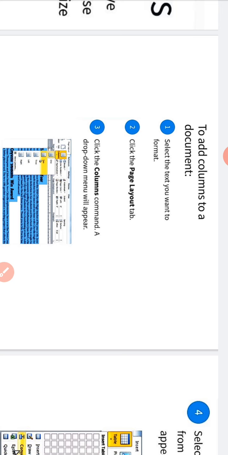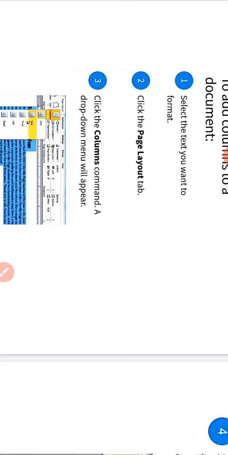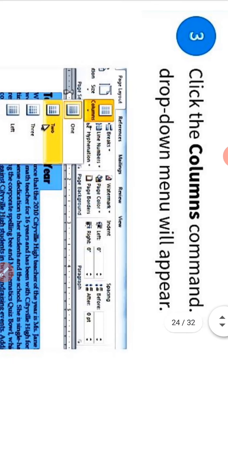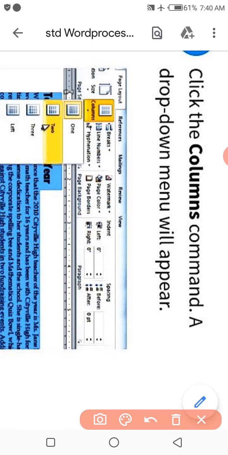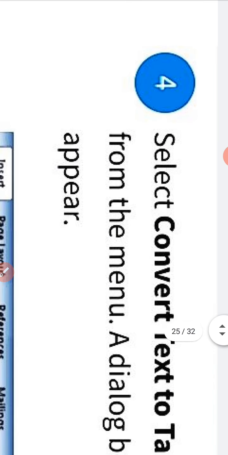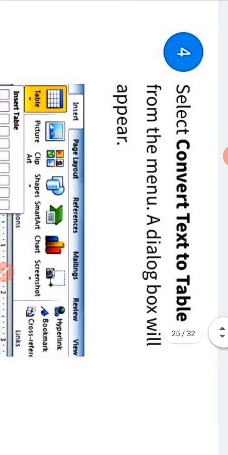To add columns to a document, the following steps are to be followed. Step 1. Select the text you want to format. Step 2. Click the page layout tab. Step 3. Click the column command. A drop down menu will appear. Step 4. Select convert text to table from the menu.